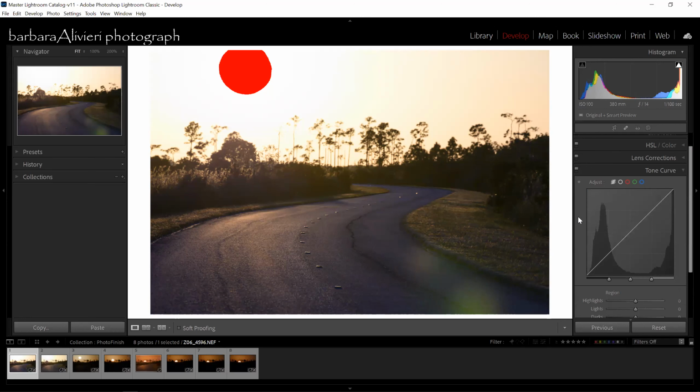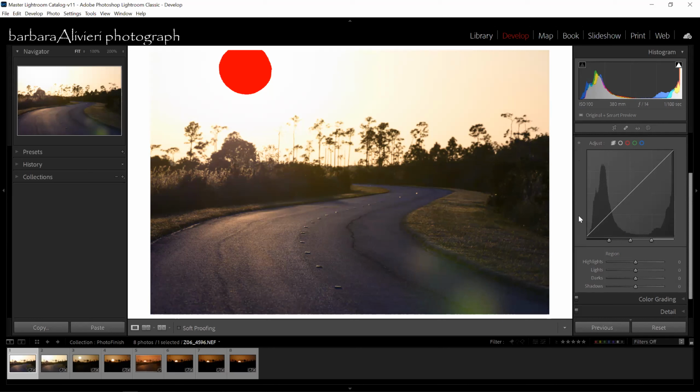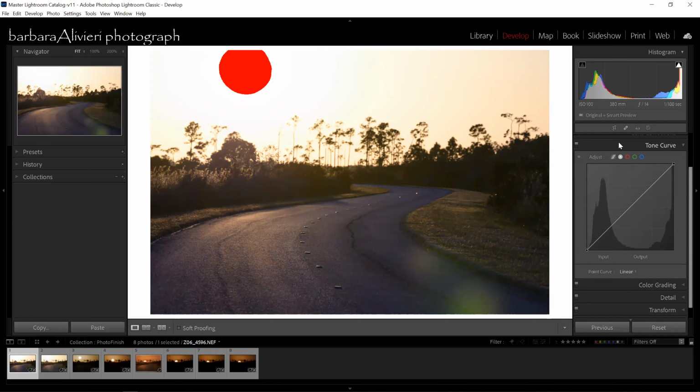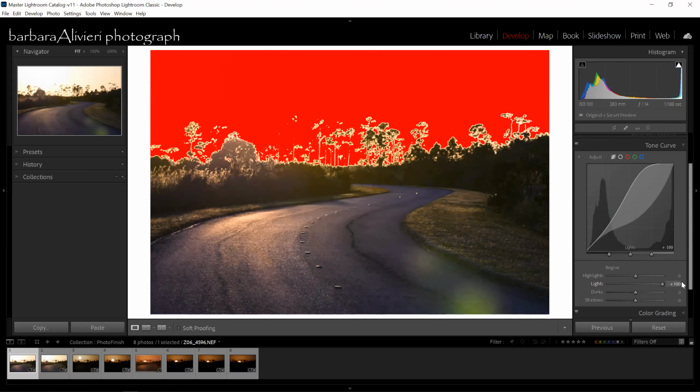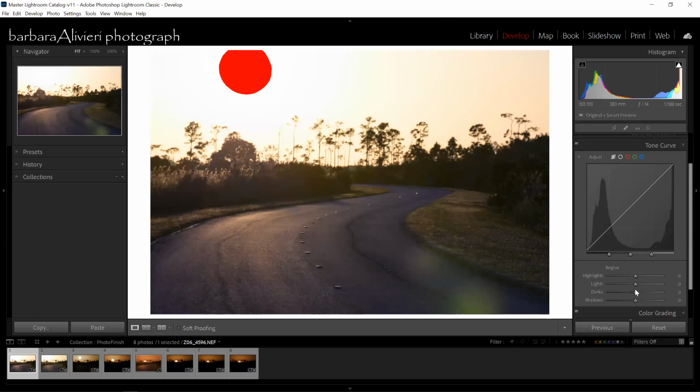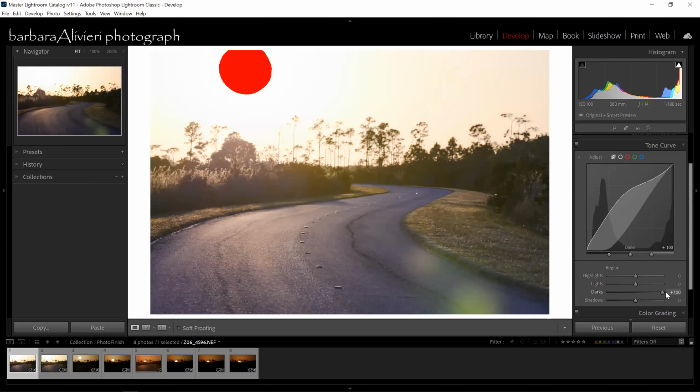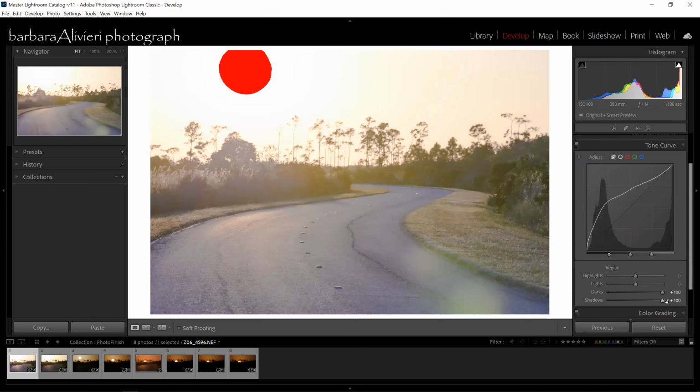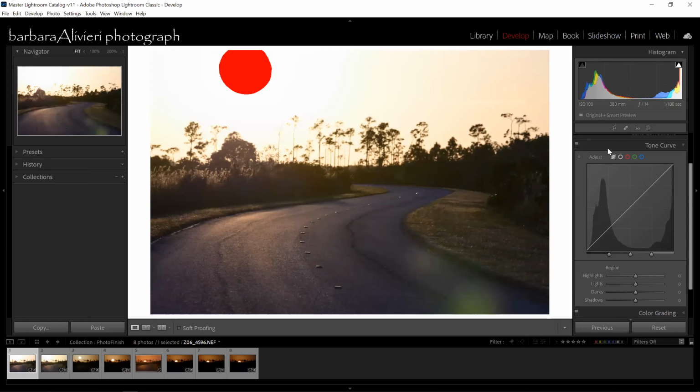And I do use the tone curve. At first I didn't. I've been watching a lot of people on YouTube, and some of the old school guys like to use the tone curve. Instead of moving the actual curve, they go down here in the sliders. If you play around with this, you can target certain colors. But I like to use this one here on the left, and then you can use the sliders. So I can make that, I'll bring it down. I can up the shadows this way, even though I just did it in there, so I won't move that this time.